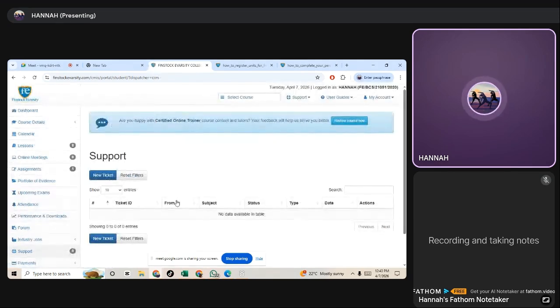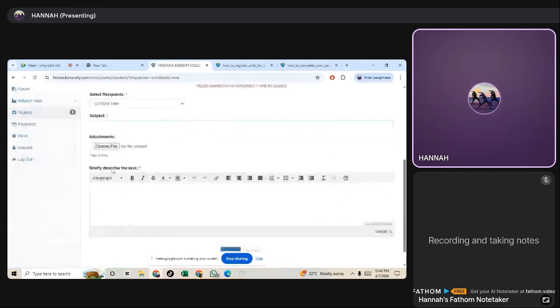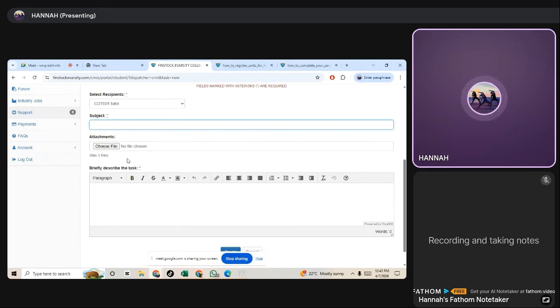Support is for when you have a query, so you can raise a ticket here. You click on new ticket, select the recipient, maybe the tutor, and then the subject. For example, you want to have a class.